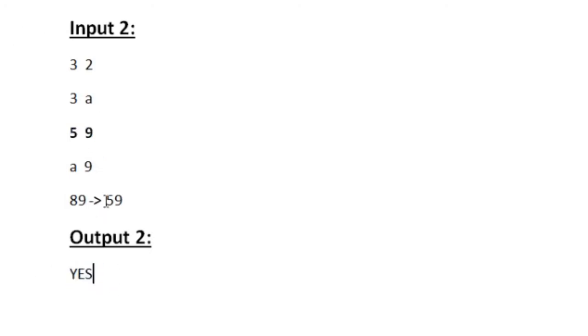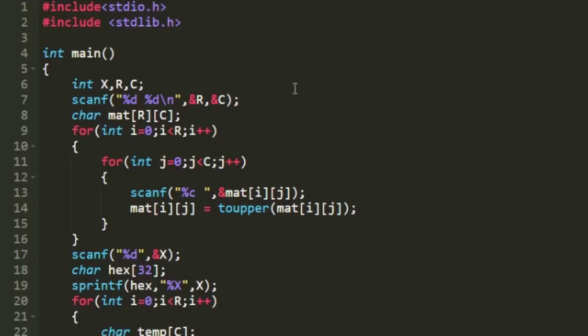In case we are not able to find the hexadecimal value in the given character matrix, we have to print no as our output. Now let us see how to write a C program for this. First I am creating three integers x, r and c, and in the next line I am accepting the input of r and c, and then I am creating a character matrix of size r cross c, and then